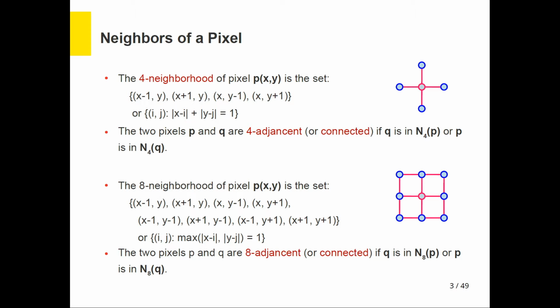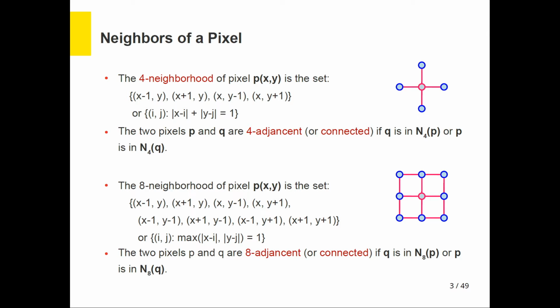So let's talk about the relationships between pixels of an image. The first topic that I want to cover is the concept of neighborhood of a pixel. The first definition is the definition of a four neighborhood of a pixel. Let's assume we have pixel p(x,y), which is currently located in the center. If you remember from the previous slide, we said that each image can be represented as a two-dimensional matrix. Based on that, we can define the four neighborhood of this pixel as the four immediate pixels next to